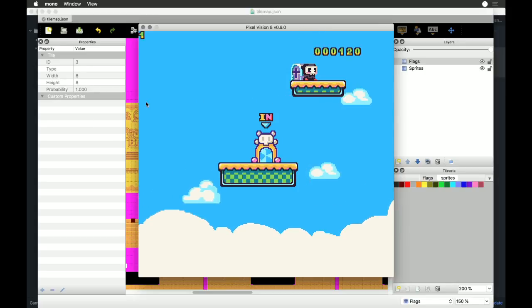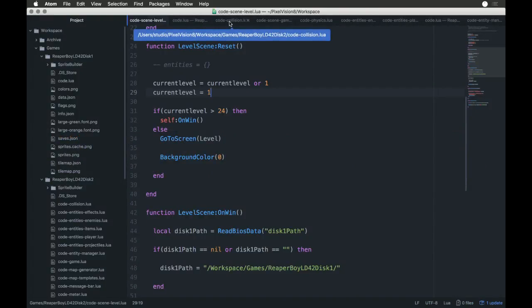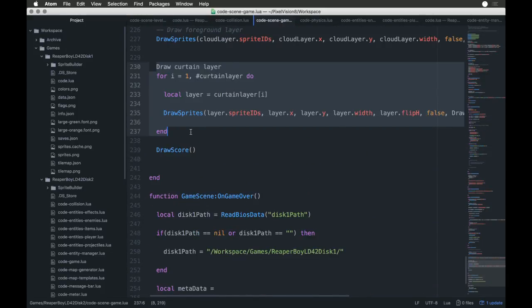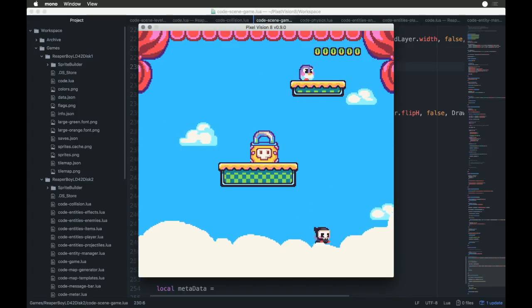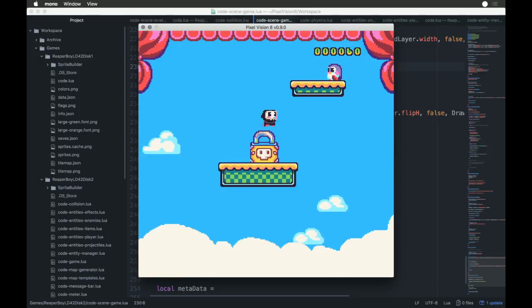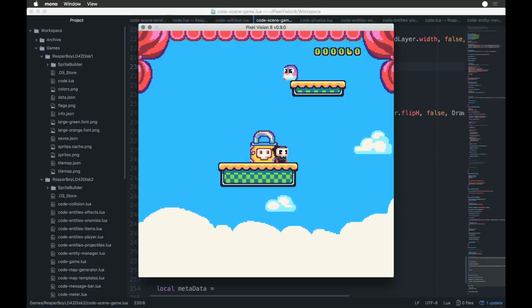Now, I think the one problem... We just got to move this down a little bit because I took out the... Where's the game? We need to draw the curtain. Yeah, it's too high. So you get this notion that you move really slow when you walk,